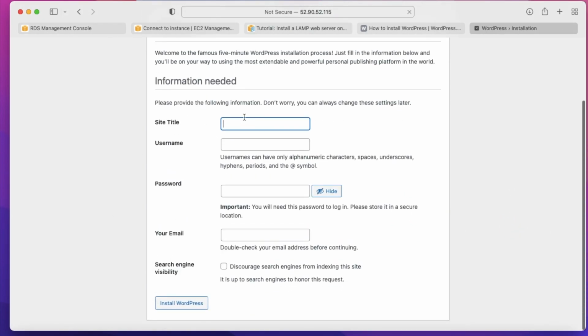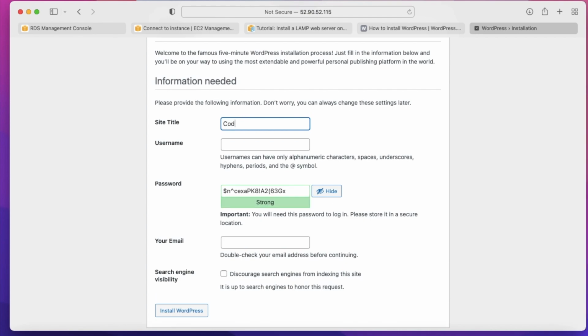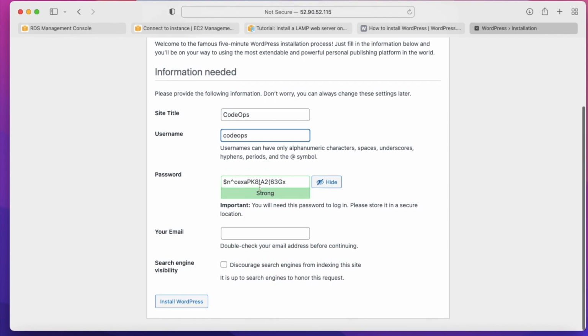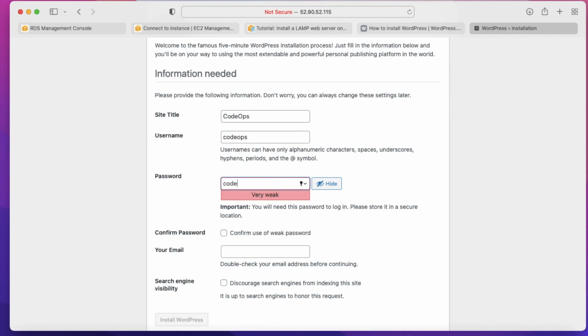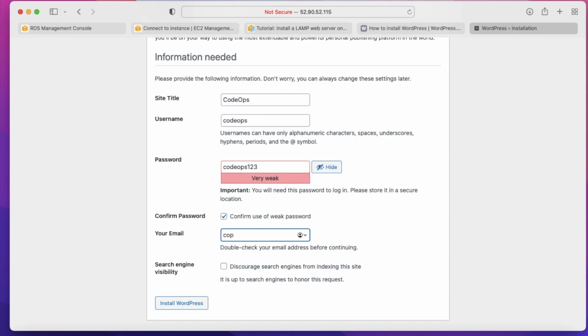It will ask for some more details, that is the site title. Here I am giving codeops, and in the username, codeops, and I don't want to use this password, so here I am giving codeops123. In email, here I am typing codeops@abc.com, and then click on install WordPress.